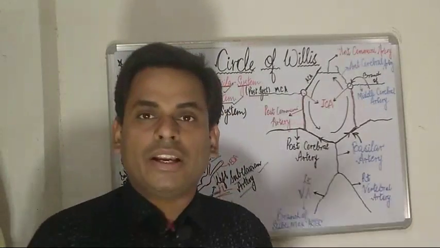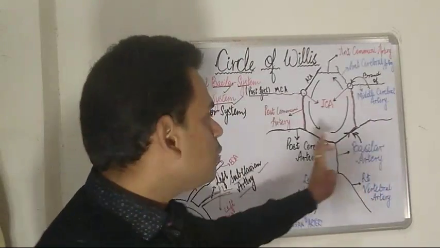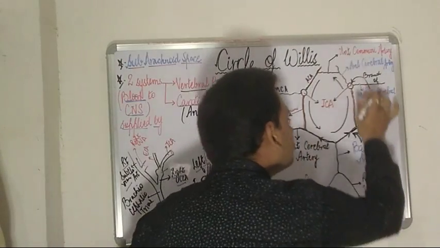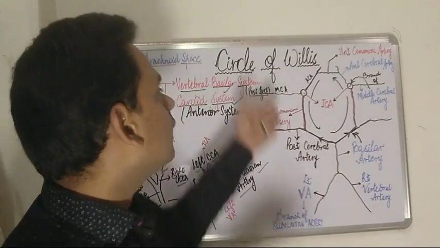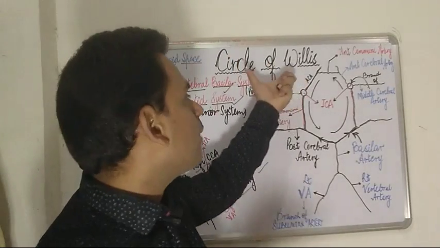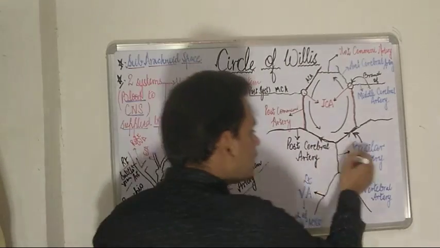Now, this basilar artery is going to bifurcate. This basilar artery is going to bifurcate to give rise to a circle-like structure, which is very widely and famously called the circle of Willis. Now, this basilar artery is going to